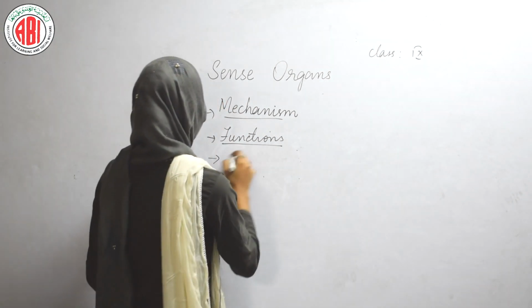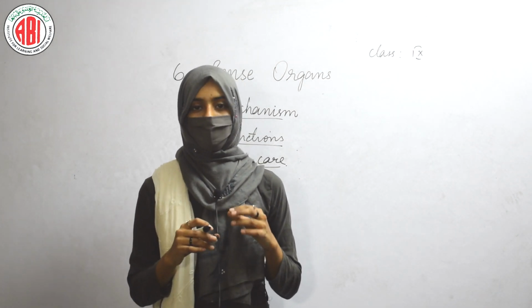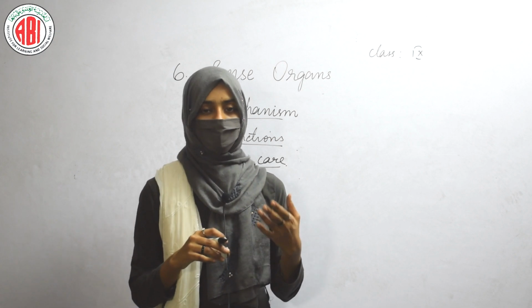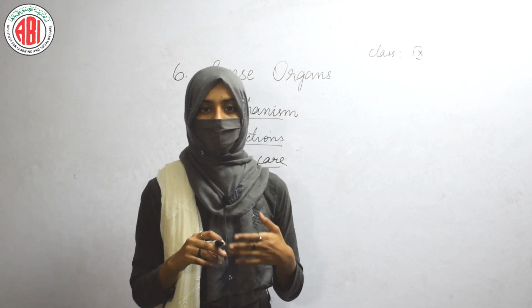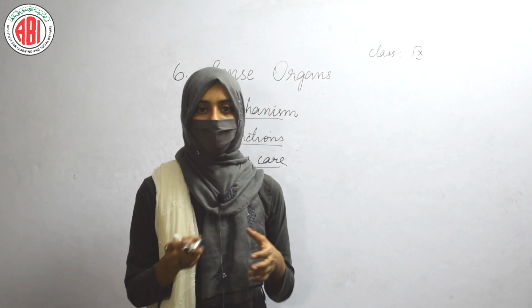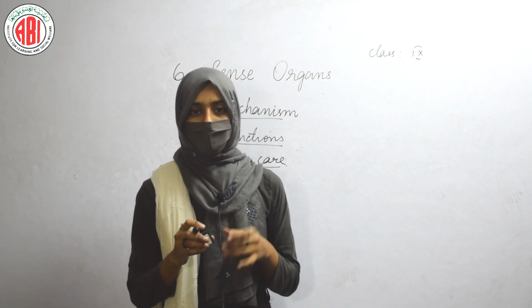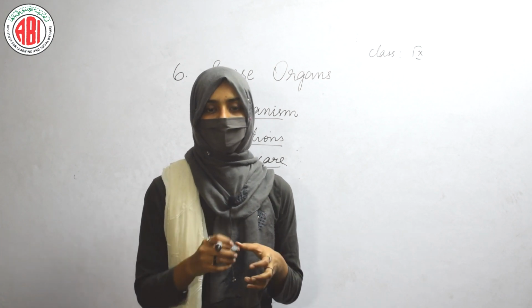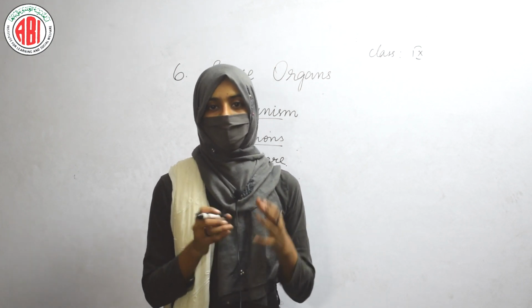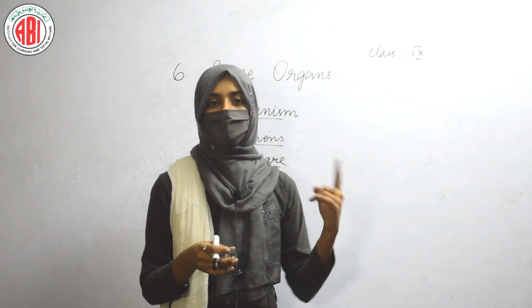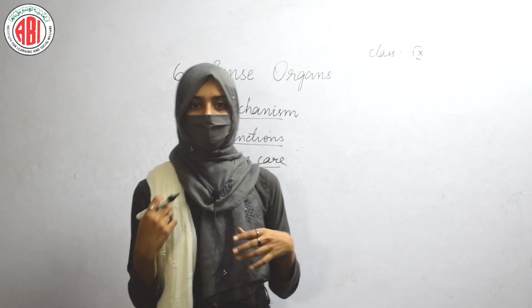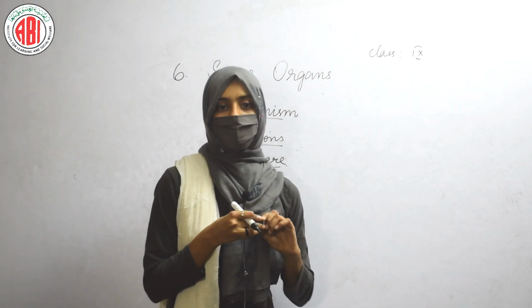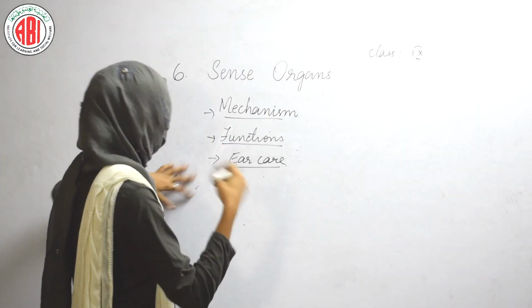Let us talk about ear care. Like the other organs, the ear should also be taken care of. We should take care of our sense organ like the ear because it helps us to listen to different sounds and to know about the different things that are happening in our surroundings. To take care of our ears, we should always keep them clean and we should not insert any sharp objects into our ears. The wax which is produced in our ear naturally helps in trapping insects and dust particles, so that the dust particles or insects trapped by the wax do not enter the eardrum. So we should not clean the wax very frequently, but hygiene should be maintained so that we can keep our ears healthy.